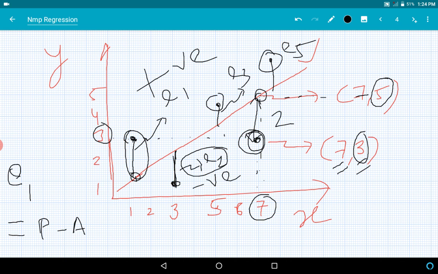Once you calculate the residuals, you have to minimize the sum of the squares of the residuals. Why do we minimize the sum of the squares? Because our residual can be either positive or negative, but we want the difference. So we take the square. If you take the square, naturally everything becomes positive, whether it was negative or positive. So we will minimize the sum of the squares of the residuals. This is the way of actually calculating the values of A0 and A1.